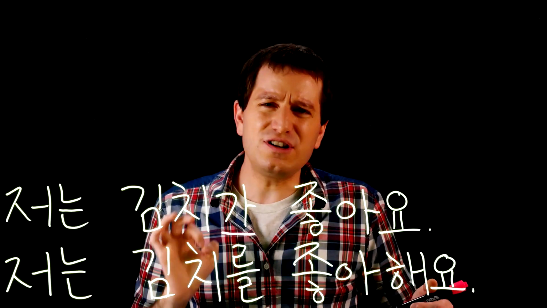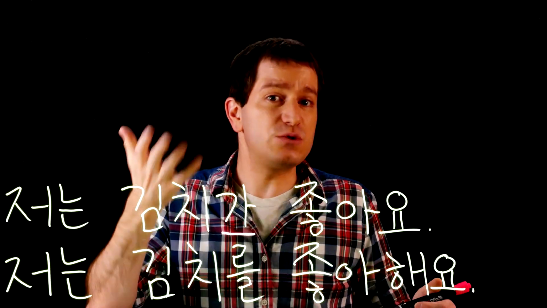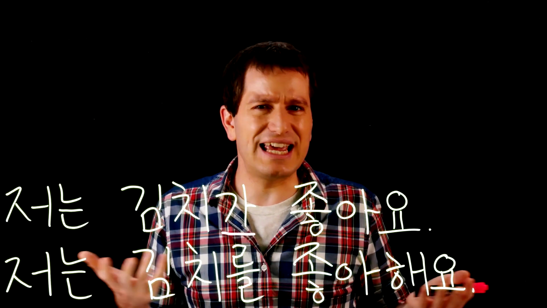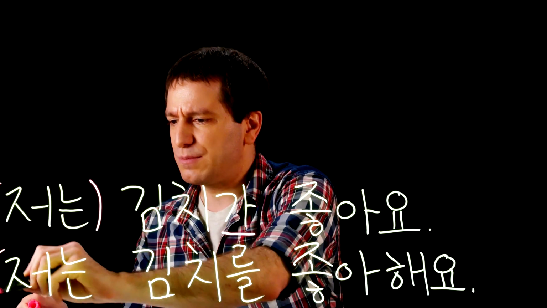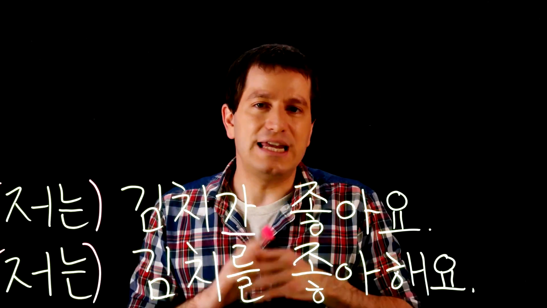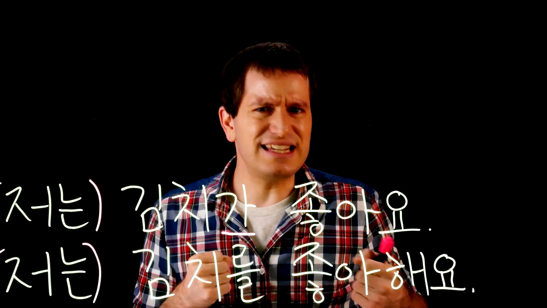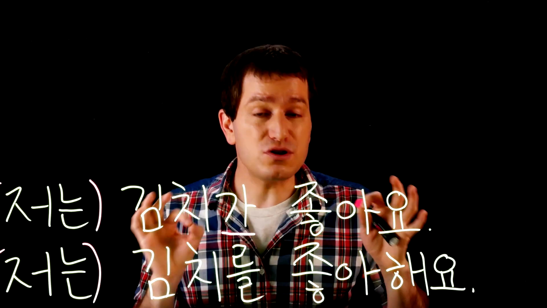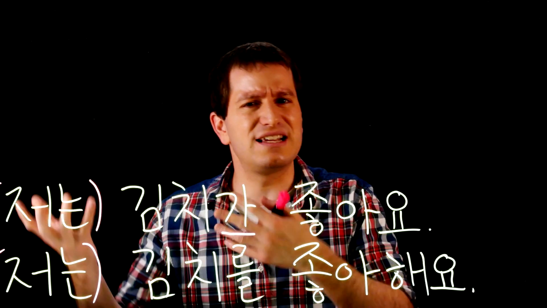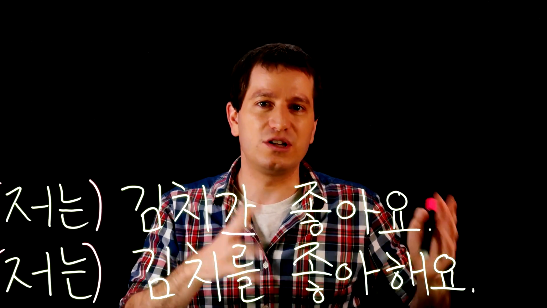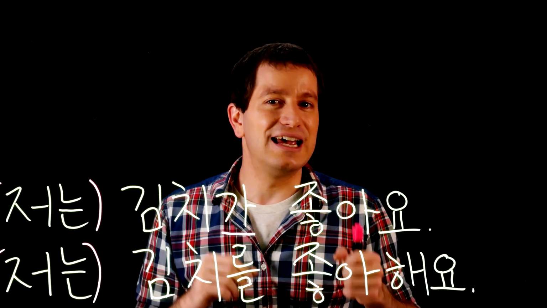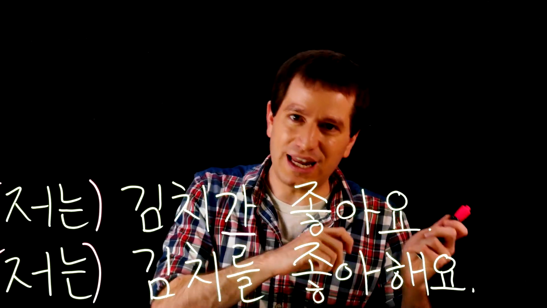But then where does the confusion come from? If this was it, why would people still be getting these confused so much? And the issue actually has to do with this part of the sentence. Because in Korean, it's not necessary to state the person who's doing something or thinking something every single sentence. So you don't need to say 저는, 저는, 저는, I, at the beginning of every sentence in Korean like we do in English.